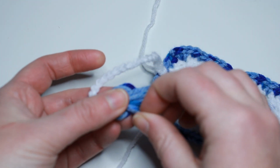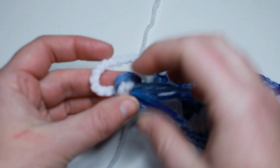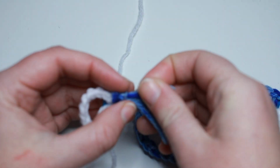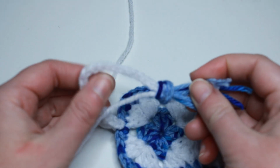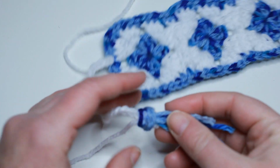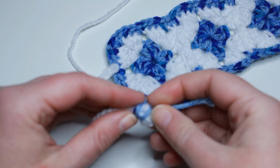See, I don't know. Okay, let's see. There we go. And see, I lost one. So that may happen too. If you don't pull it up all together, sometimes certain ones get lost and they don't make their way into this loop. So now I've got this loop like this, and just gently pull those ends evenly, and you'll see